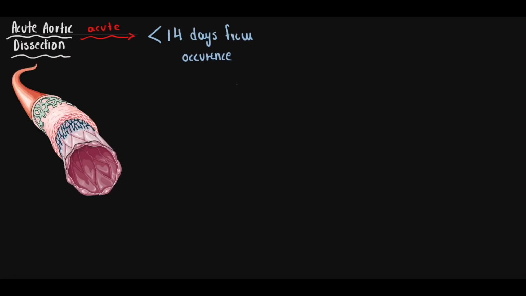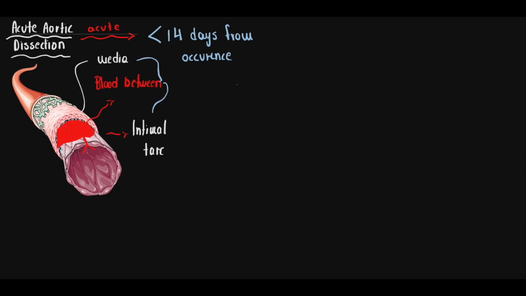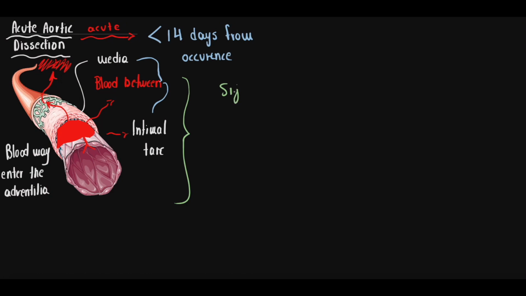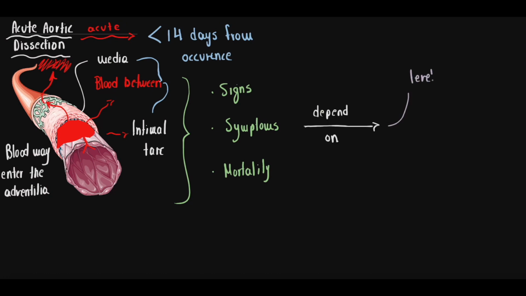What is the pathophysiology of aortic dissection? Aortic dissection is caused by an initial tear in the tunica intima, so in the endothelium, which is of course associated with blood filling between the tunica intima and the tunica media. From that point onwards, blood may also leak into the adventitia, or even completely perforate the aorta and dissect into tissues. Now, all the signs, the symptoms, and the mortality associated with this disease depend on, first of all, the level of dissection and, of course, the branches that are involved.